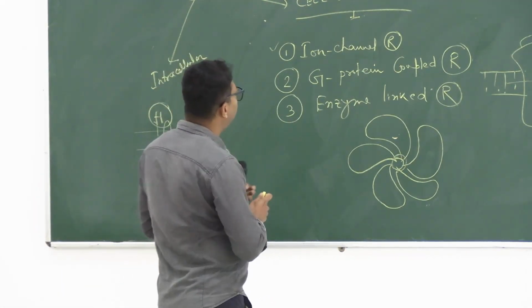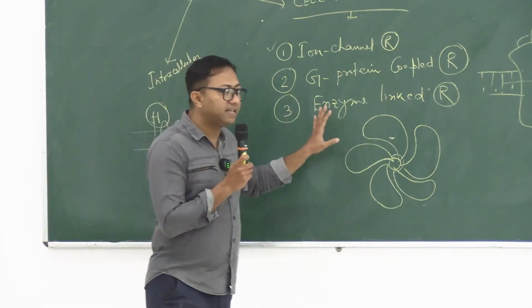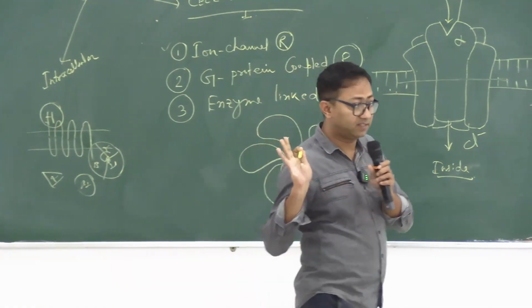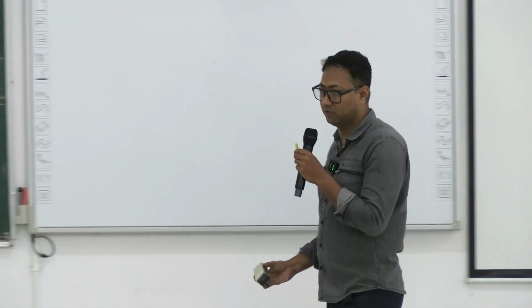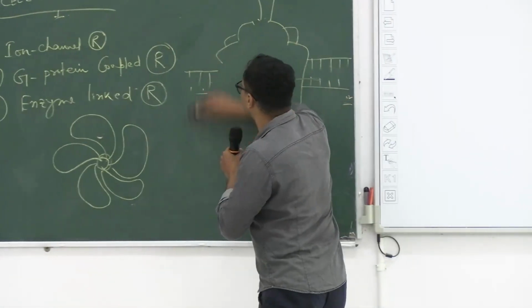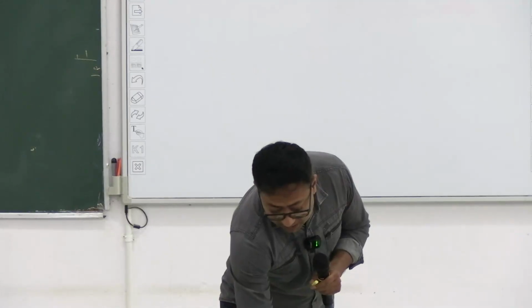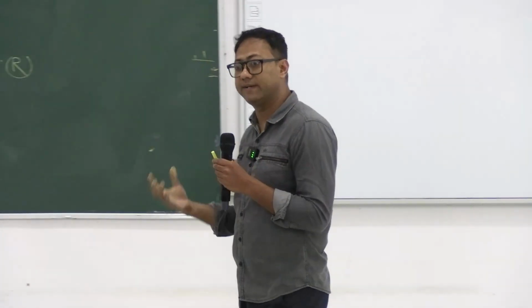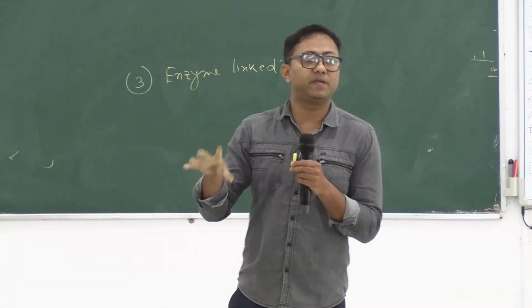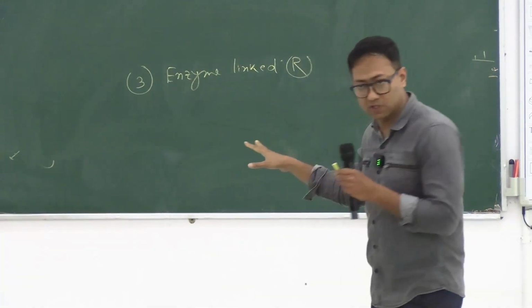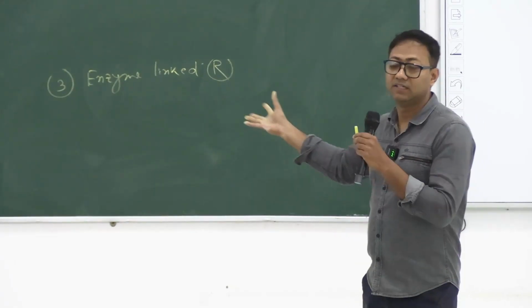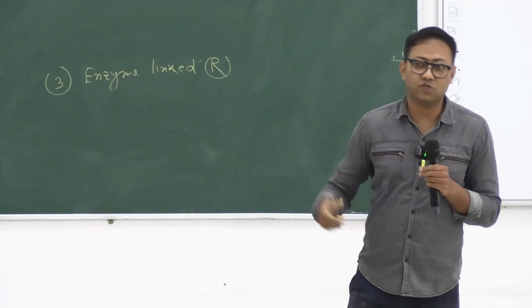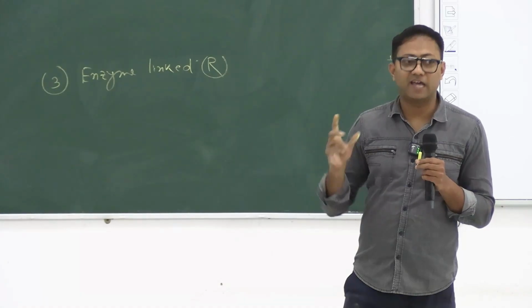Now another difficult part is enzyme linked receptor. The third one under cell surface receptor is called enzyme linked receptor. Here you need to remember a few things. Now as I told, in an ion channel receptor, the same protein which is a receptor is behaving like an ion channel. Here is also the same concept. Enzyme is a protein, receptor is also a protein. But here the same protein is an enzyme, and it is also a receptor. I have already given an example.